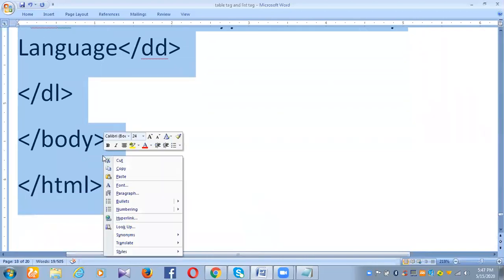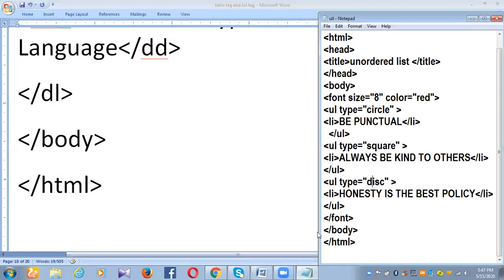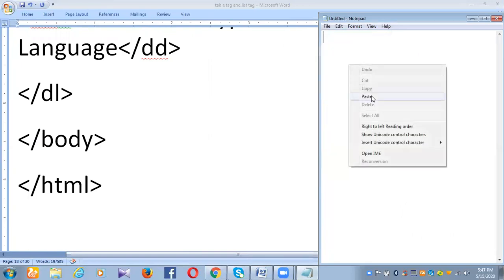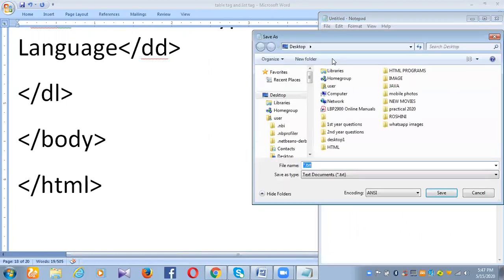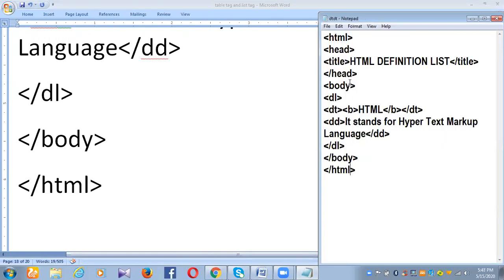Copy, paste. Let me save this as dt dot html. See here, under the body section we wrote DL, we have an opening tag here.